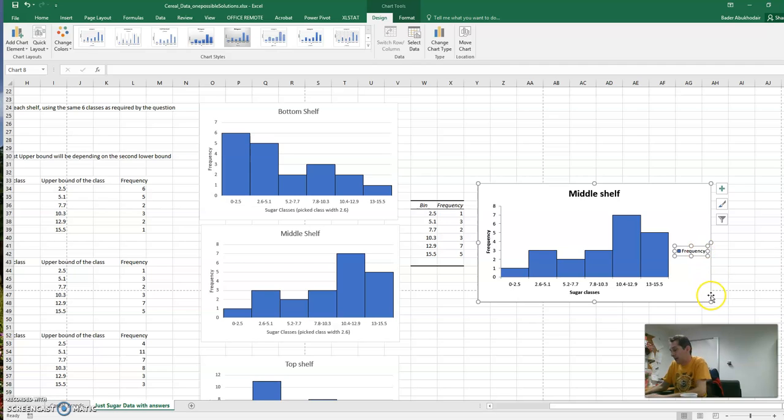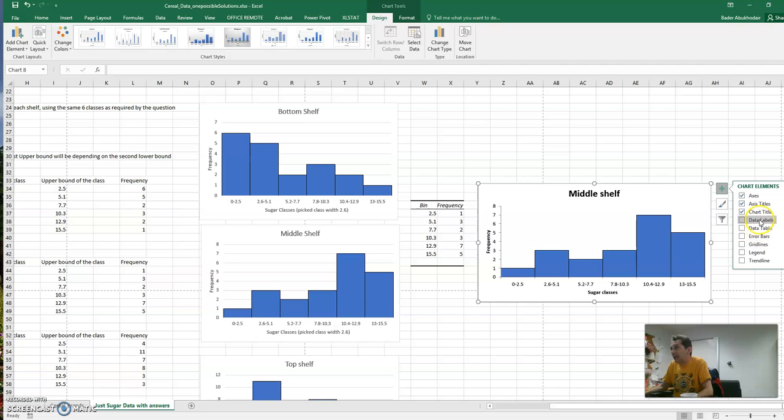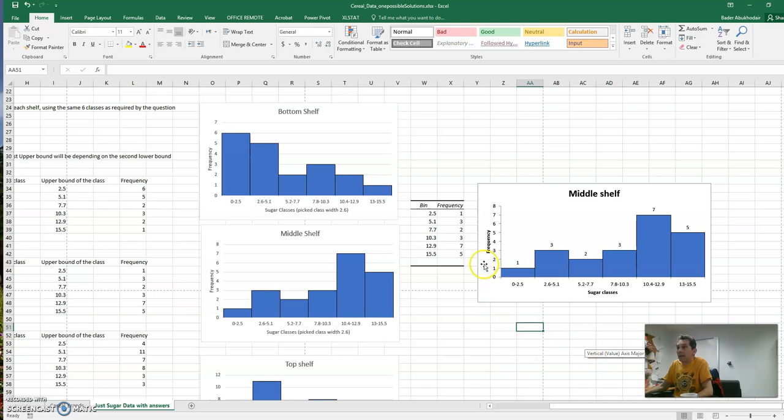I really don't need it, so I can just erase it. I can add the data labels over here just to show it really quick for the audience, and this looks exactly like what I did. Notice that the frequency, or the histogram over here, on the right you have most of the data. You have almost 15 of the data, while on the left you have just 6, and that's what we call